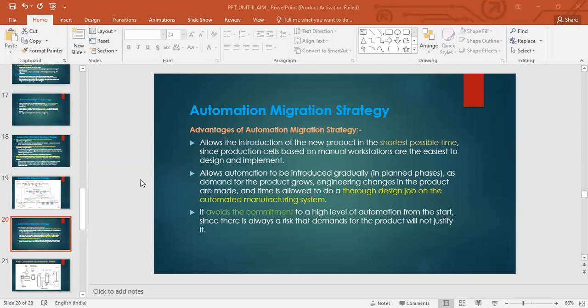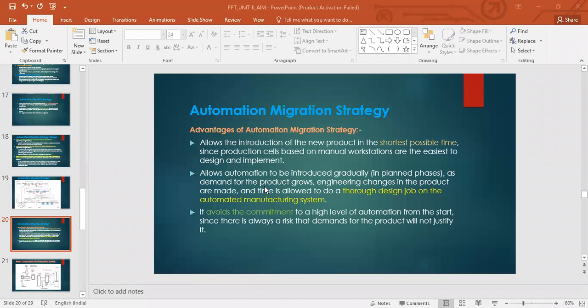We can agree that when a product is released and after a certain months or years, we see that there are changes in the product. There are engineering changes, design changes. Those are based out of either the company itself doing some R&D, giving the inputs to improve it, and also taking the customer input as feedback. So that's what we mean by engineering changes in the product. To include that into the product design, you are introducing the automation gradually, so that we can make those changes.